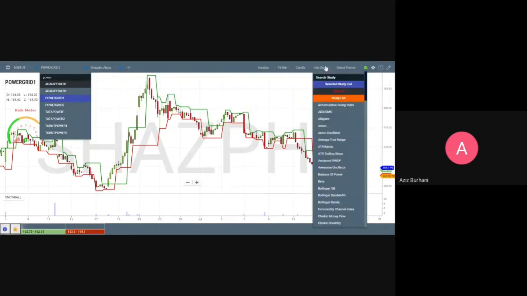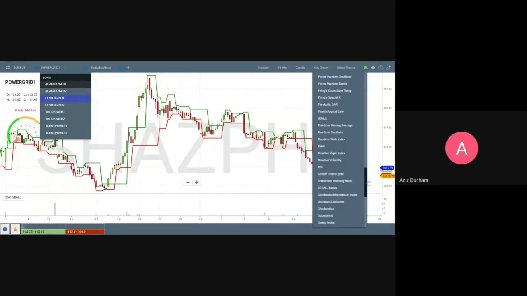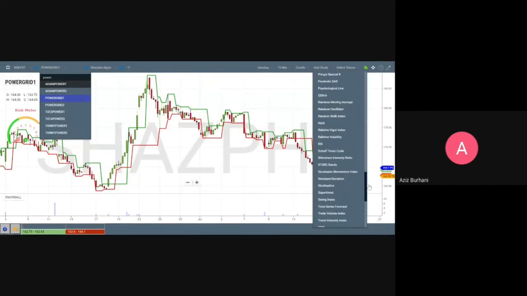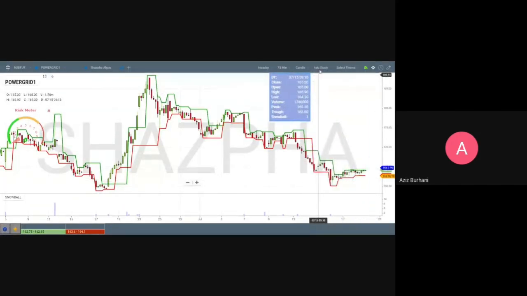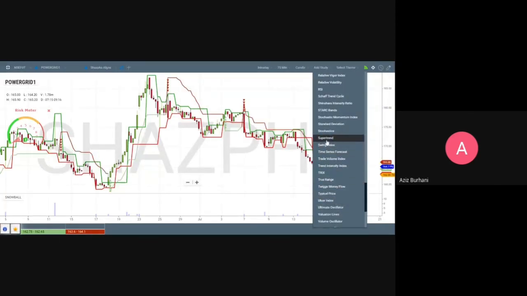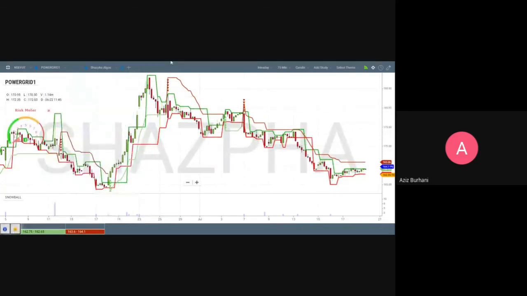We are not, like I said, so much into the studies. So these studies, if you want to add them, anybody who has learned this and who is conversant with all these super trends and RSI and parabolic SAR and all these things, you can go ahead and use them here, stochastics, whatever you are using. Okay, so this is the super trend, it gets plotted here, so you can use these things.